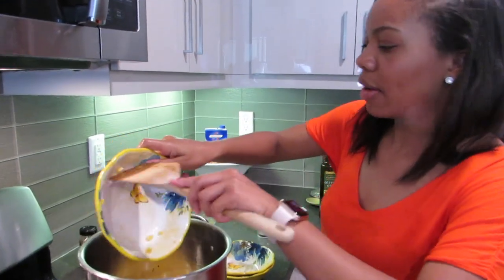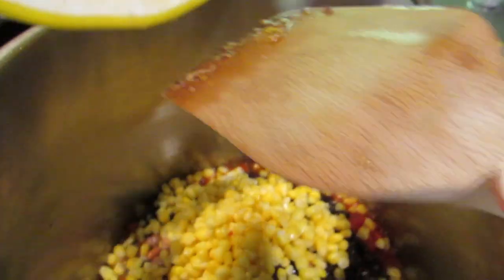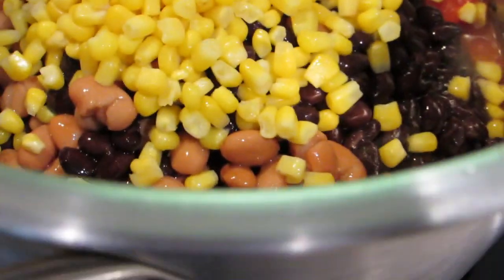Going to add in, get every little piece, because this needs to be some hearty soup. So there we go. I think we got it all. Going to go ahead and add in